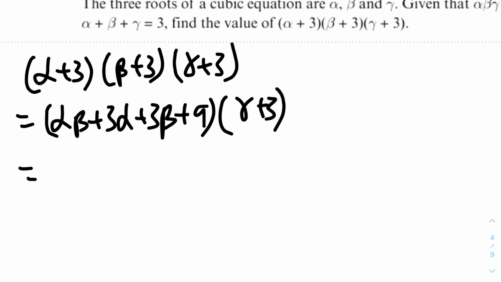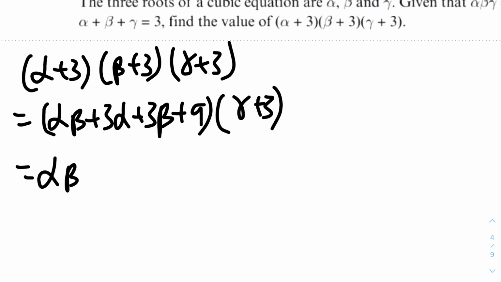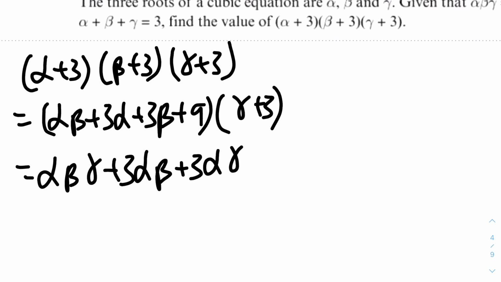So this gets us alpha beta gamma and plus 3 alpha beta. Then the second one, this times this, so it would be 3 alpha gamma plus 9 alpha plus, moving on to the next one,